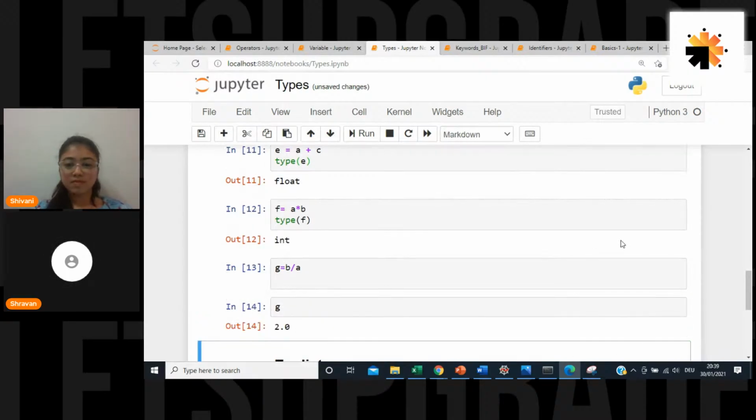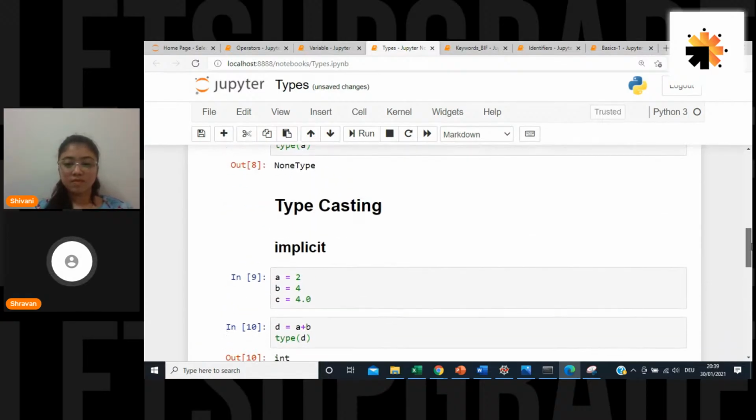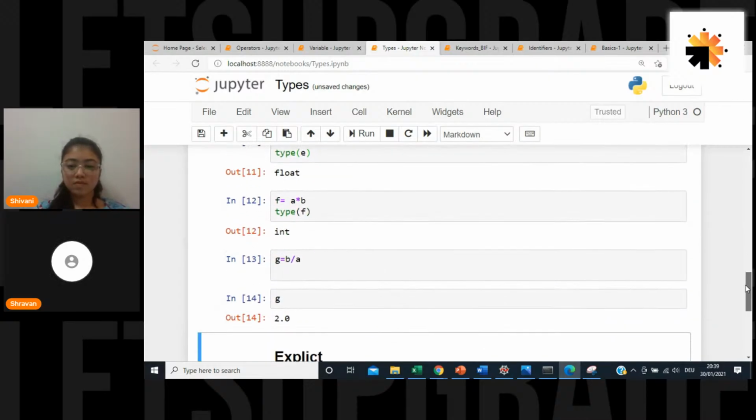Yeah, but you see here, if I just go and run it, it is 2.0. It is a float. In Python 2, if both are integers, the division also gives an integer. But in Python 3 onwards, they changed it. Even if both are ints, whenever you perform a division operation, you will get a float. That is what you are getting.